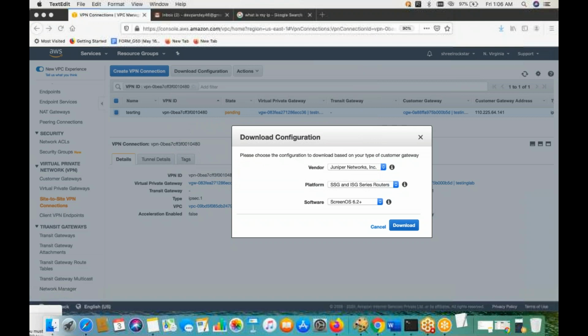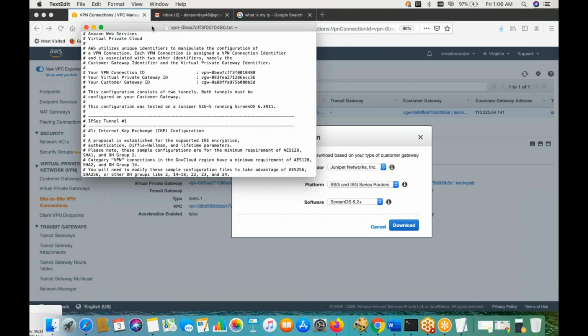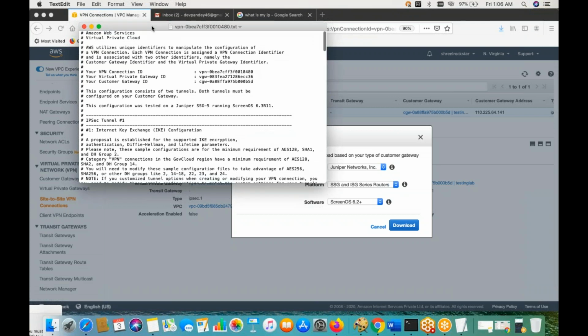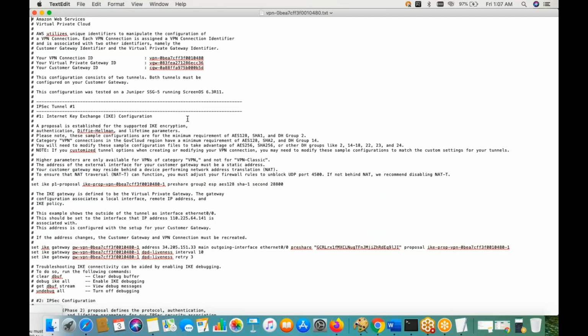Once you see this text file, there is all the information which your customer requires to complete the VPN tunneling process from their end. So they have to request you. You already requested, you're done. They will use this pre-shared key, which we can say internet key exchange, which you have already shared with your customer.